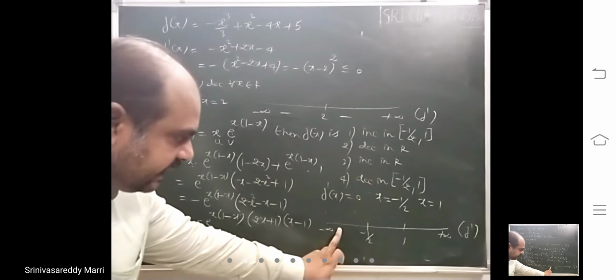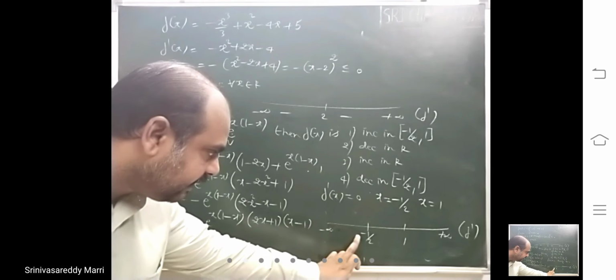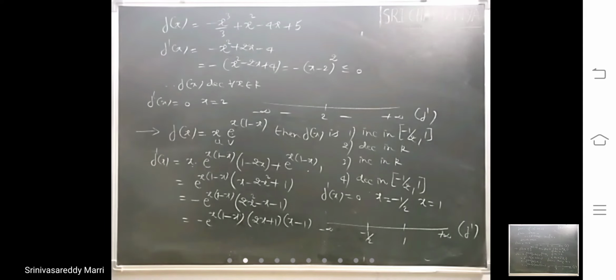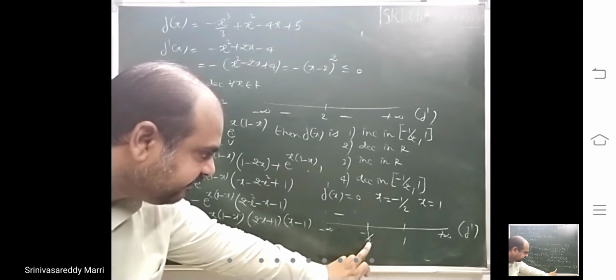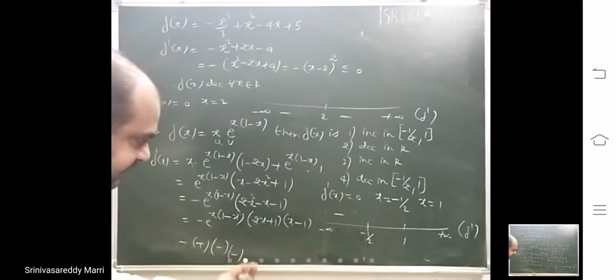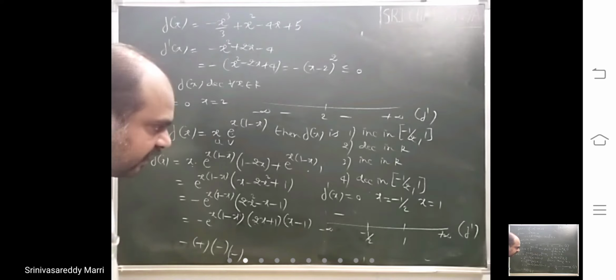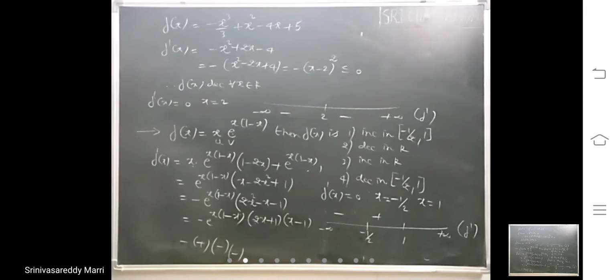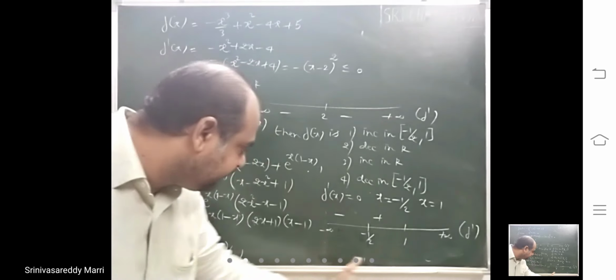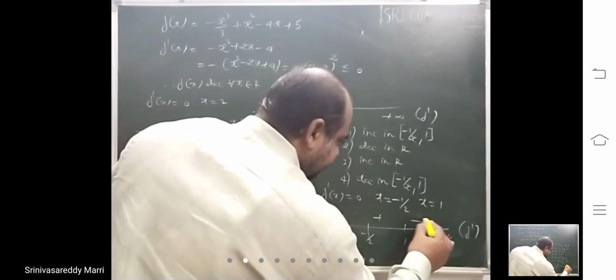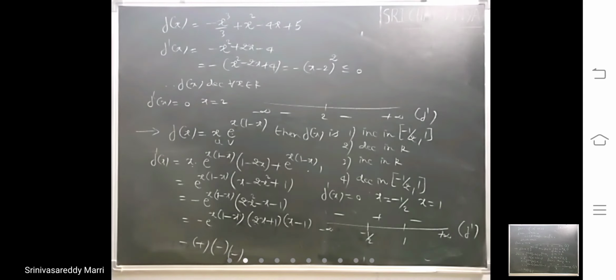Right? Now look at it, here I will give the sign. Minus infinity to minus 1 by 2, you take one value, minus 1. So minus 1 means minus, this is positive. Minus 1 if you substitute, you will get negative. So that means minus here. Next, look at the next interval without substituting. I am giving sign: minus half factor, this power is odd, that means change sign. Next interval, starting point 1 factor, power is odd, change sign. If it is even, don't change sign. If it is odd, change sign.